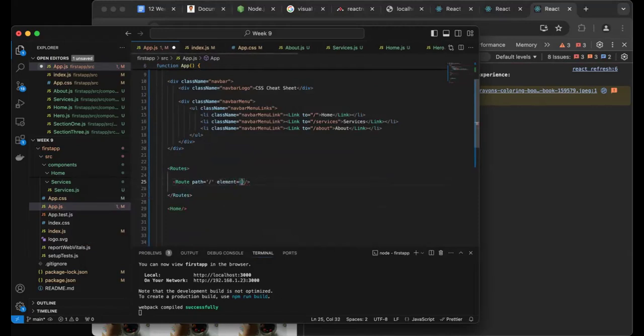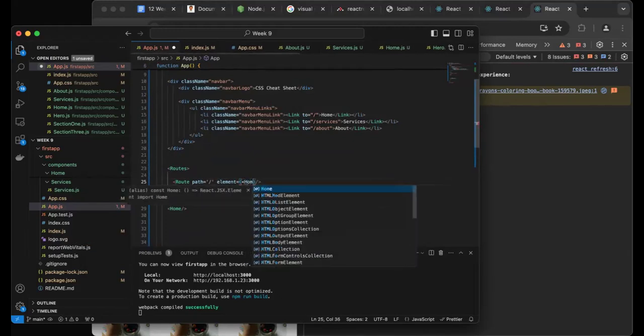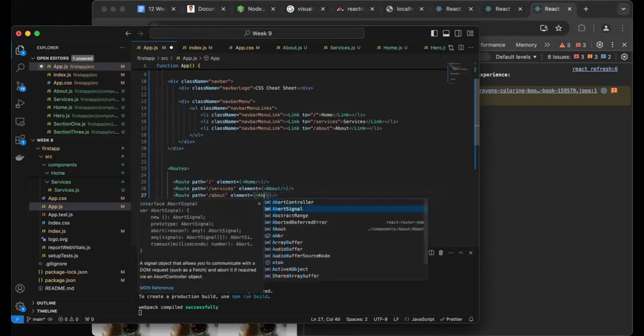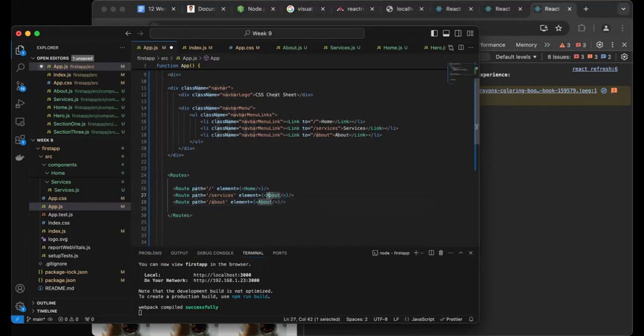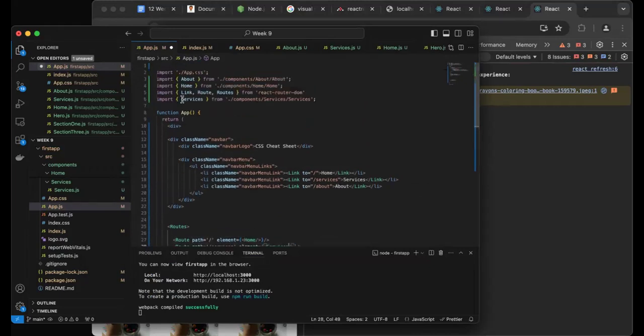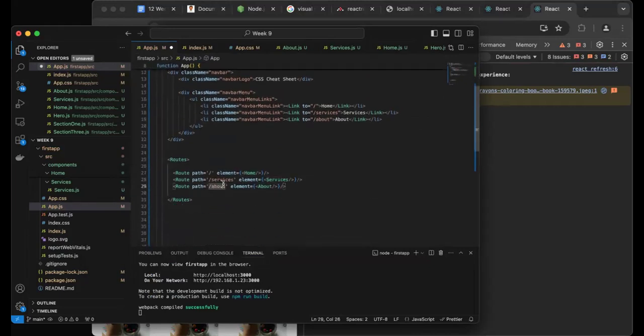So inside of here, open curly bracket, and inside of here, I'm going to have home. And maybe I'll show what that arrow will look like, but for now, I'll show it towards the end. We're going to have the about or services, and we will have about. This should be services, sorry. Services, there we go. So now we have our services, about, and home, and I'm going to save this, and